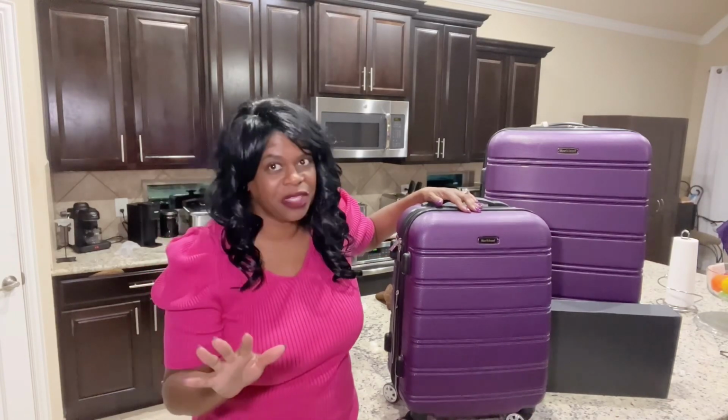You know what? I'm no longer stressed about how to take all of my cute clothing when I travel. This is Yoyovac and it's a game changer. I love to travel and it used to drive me nuts that I couldn't bring all of my cute clothes